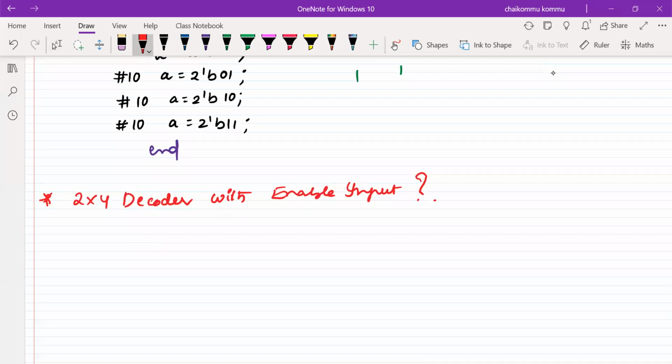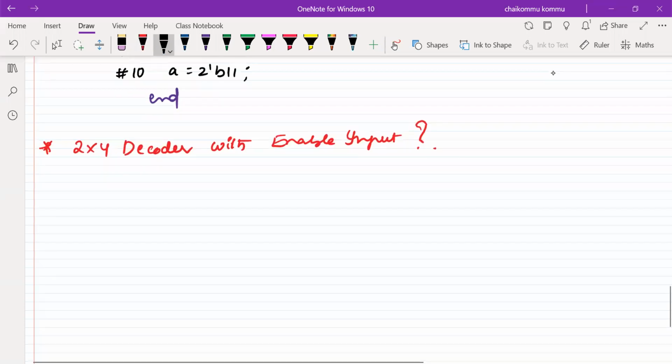That means we have to include the enable signal for the 2 to 4 decoder. Most of the devices are associated with some control signals. Depending upon the control signal, the inputs are taken into consideration or not. So in that situation, what I do, I'm going to consider